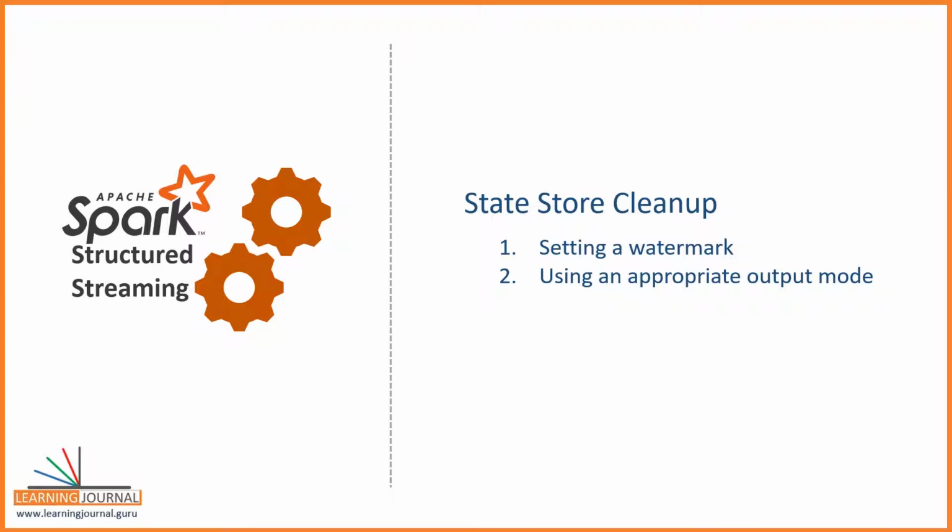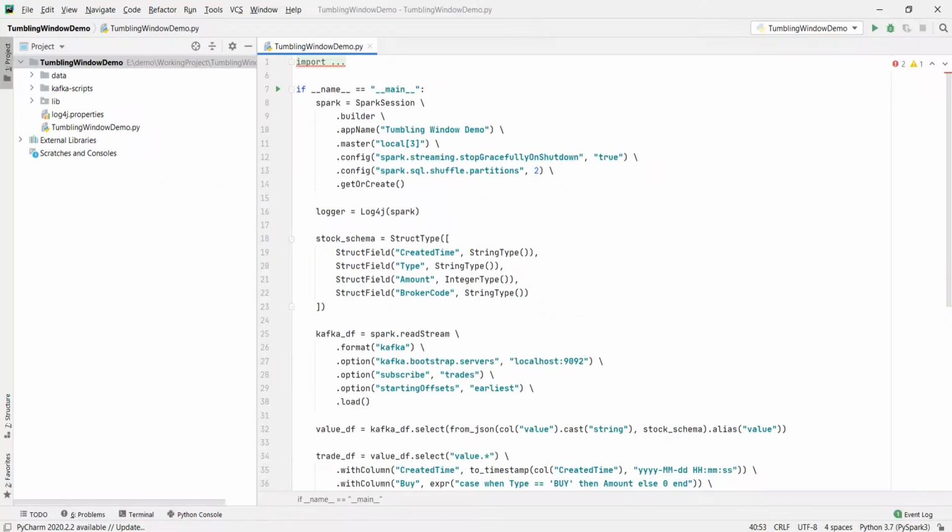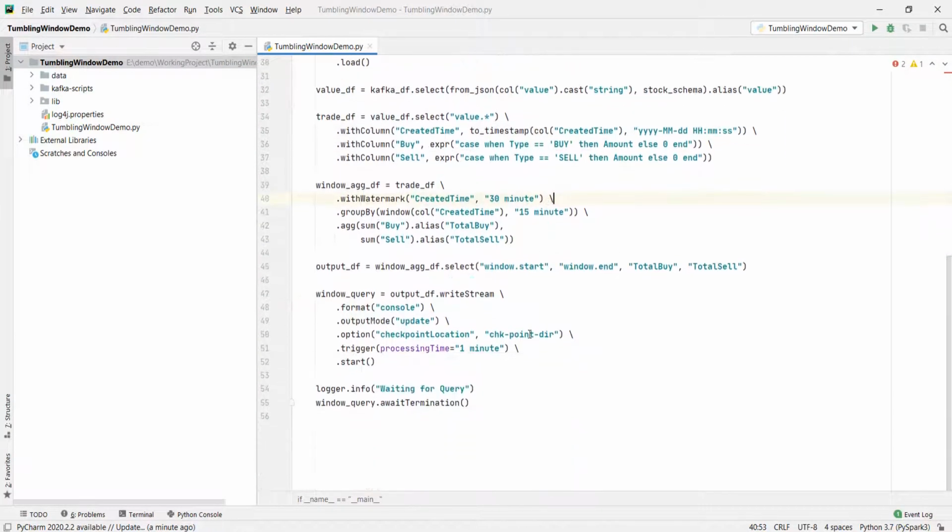So let's start. Spark Streaming offers you three output modes: complete, update, and append. In complete mode, every micro batch will output all the aggregates, no matter if they were updated or not. We already learned it earlier. However, let me show you this with the watermark example. Here is my watermark demo example. I am changing the output mode to complete mode.